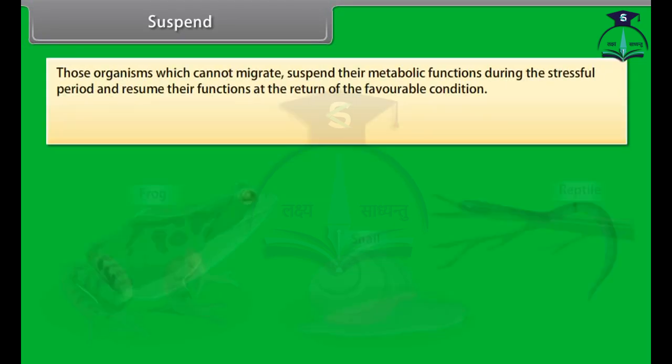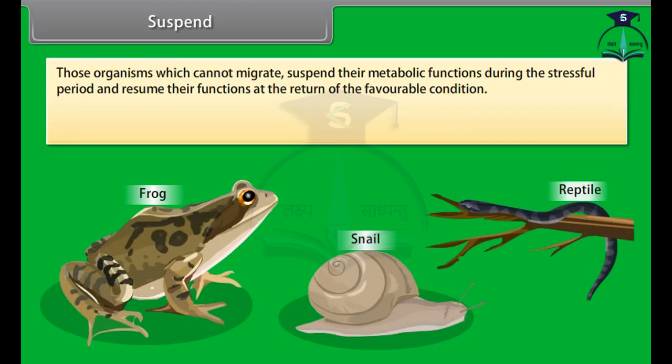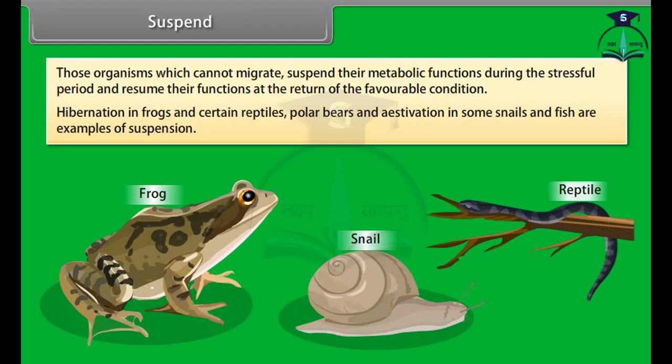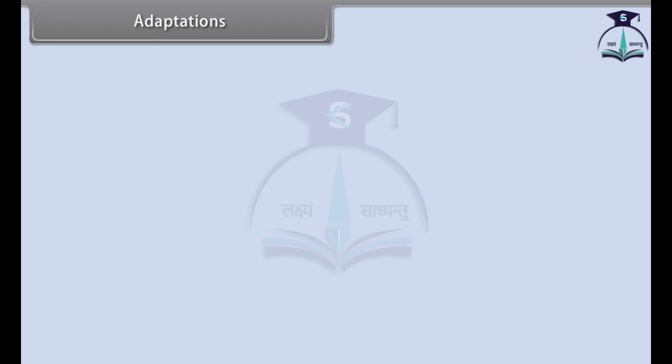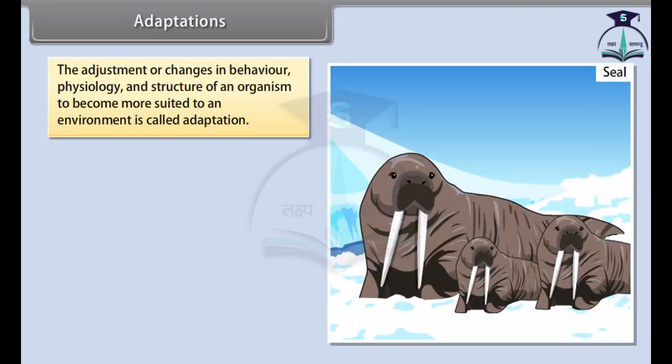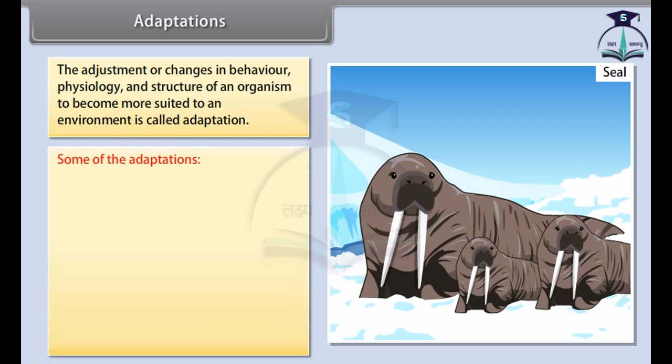Suspend. Those organisms which cannot migrate suspend their metabolic functions during the stressful period and resume their functions at the return of favorable conditions. Hibernation in frogs and certain reptiles, polar bears, and estivation in some snails and fish are examples of suspension. Adaptations. The adjustment or changes in behavior, physiology, and structure of an organism to become more suited to an environment is called adaptation. Some of the adaptations: